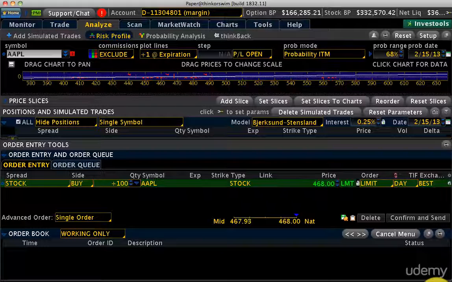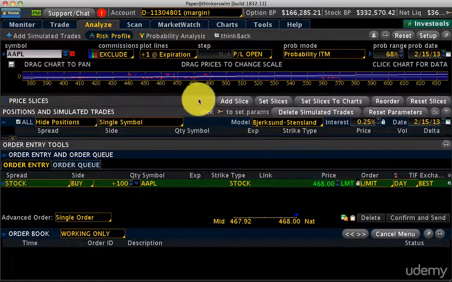In this lecture, I want to show you how, if you already owned 100 shares of Apple, perhaps you bought it at 400 or 450, but now you're concerned that Apple might fall. And you're concerned that it might have a temporary fall. You don't want to sell the stock at this point, but you are looking for a way to hedge this